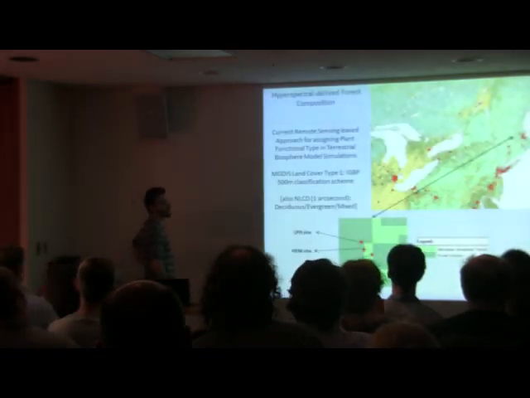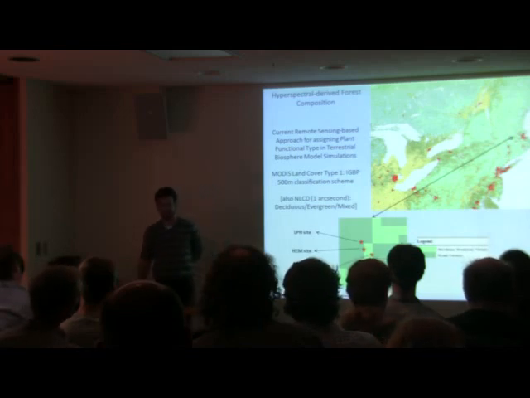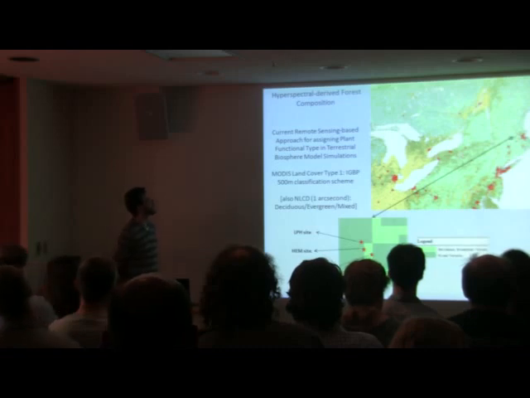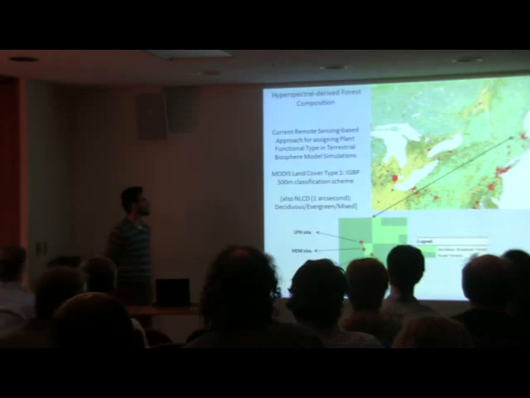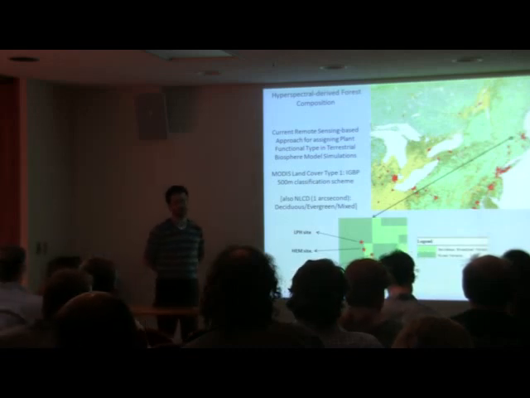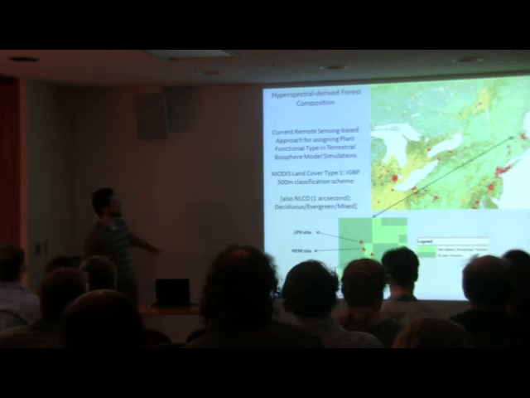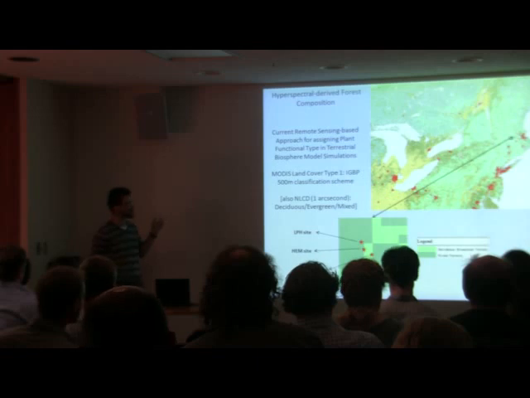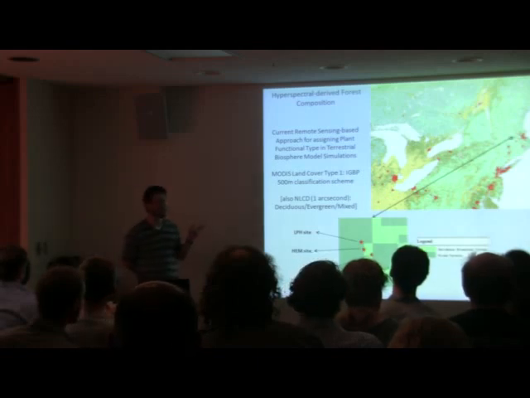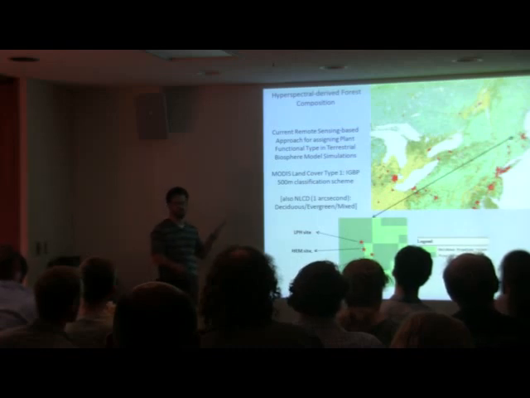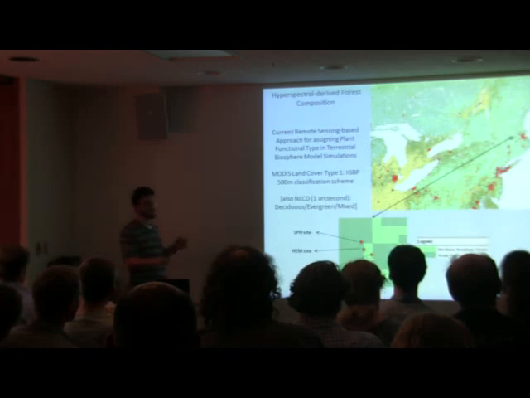Secondly, we wanted to consider the composition of the plant functional types. Traditionally, plant functional types have come from various products like the MODIS IGBP product, which is at 500 meters, or the NLCD, which is much higher resolution, about 1 arc second, which is 30 meters. But this is limited for a model for 2 reasons. Firstly, it just gives you 1 plant functional type per pixel. And secondly, the plant functional types are too coarse for our model. They're just deciduous, evergreen, or needleleaf evergreen, broadleaf evergreen, and mixed.